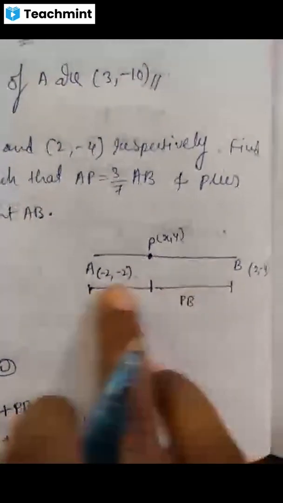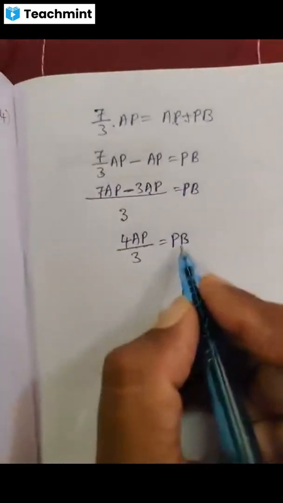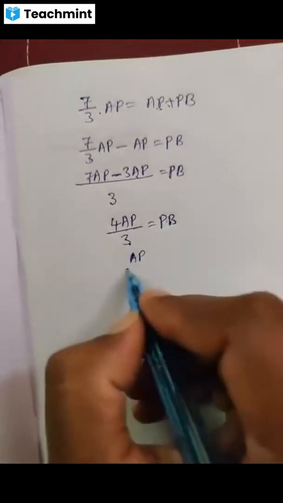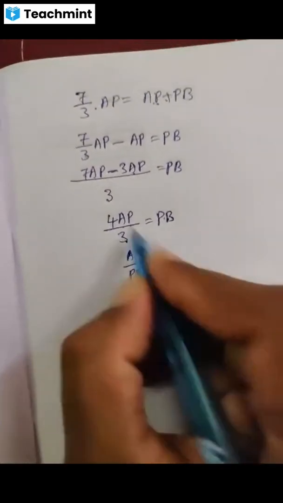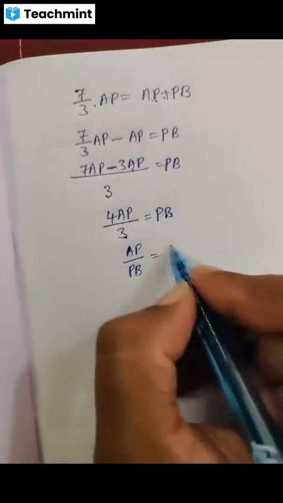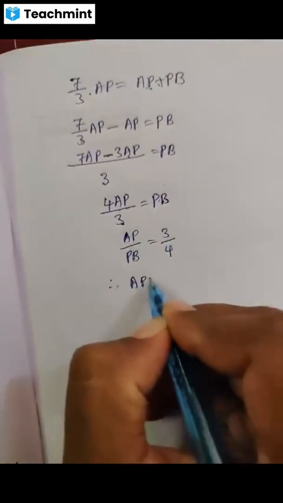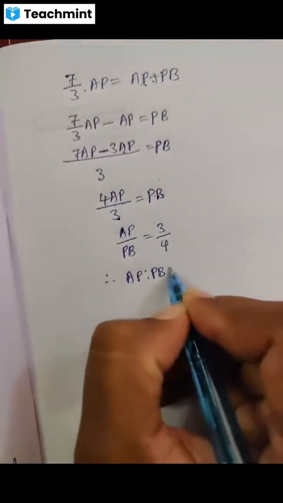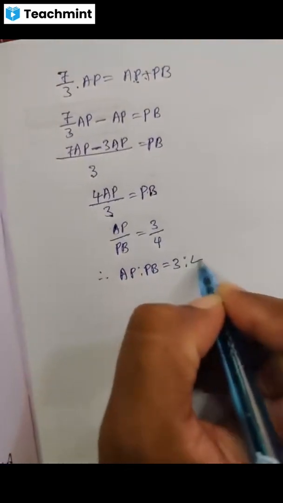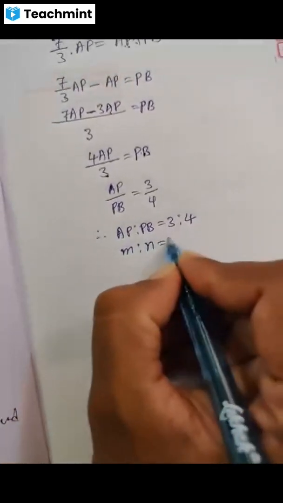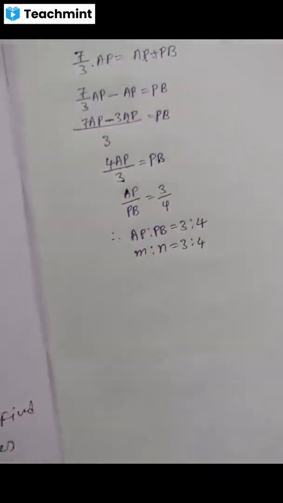M is to N we need. Okay. That is why, bring this PB, AP divided by PB. So if this 4 by 3 comes this side, it means 3 by 4. Therefore, AP is to PB is equal to 3 is to 4. So M is to N is 3 is to 4. So let us consider, therefore,